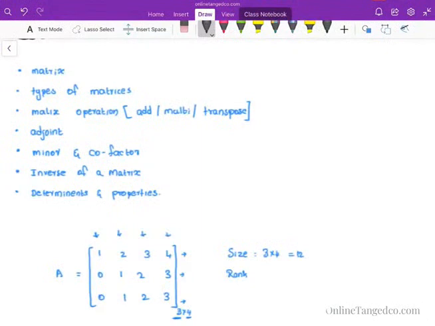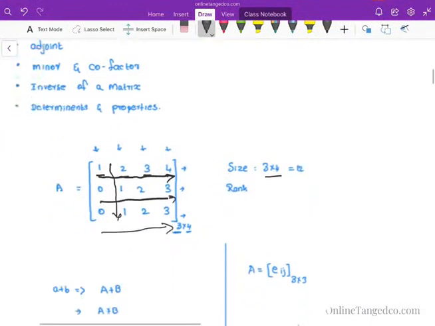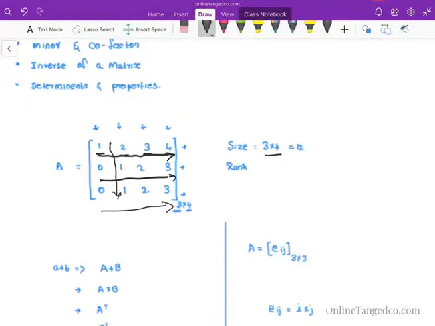A matrix is an array of entities. Entities, in a sense, are components. The components or entities are these. A matrix consists of rows and columns. This particular thing is called a row, and we can say this is a column. A matrix size can be determined by its rows and columns. Here the matrix contains 12 entities. It contains 3 rows and 4 columns, so it is a 3 by 4 matrix.